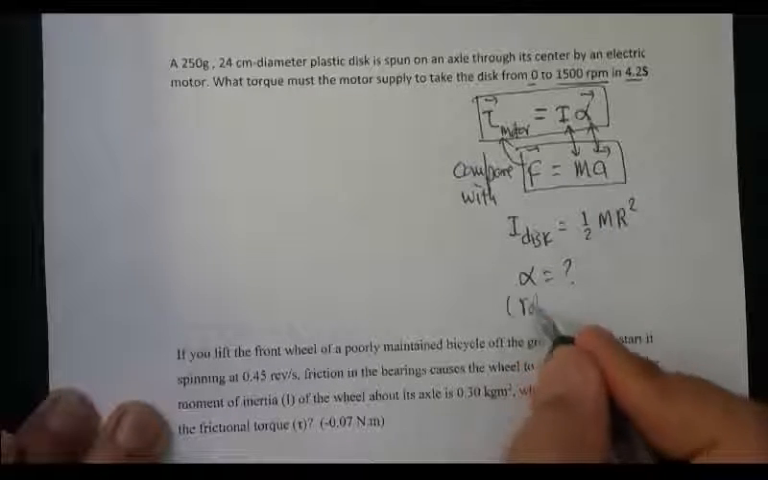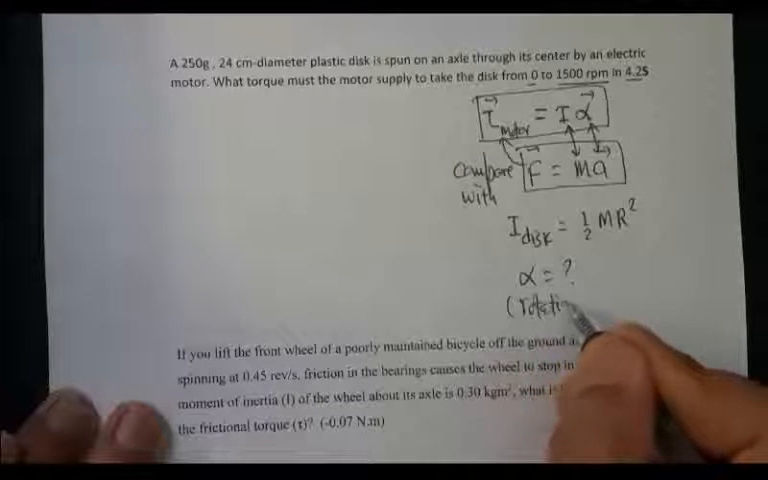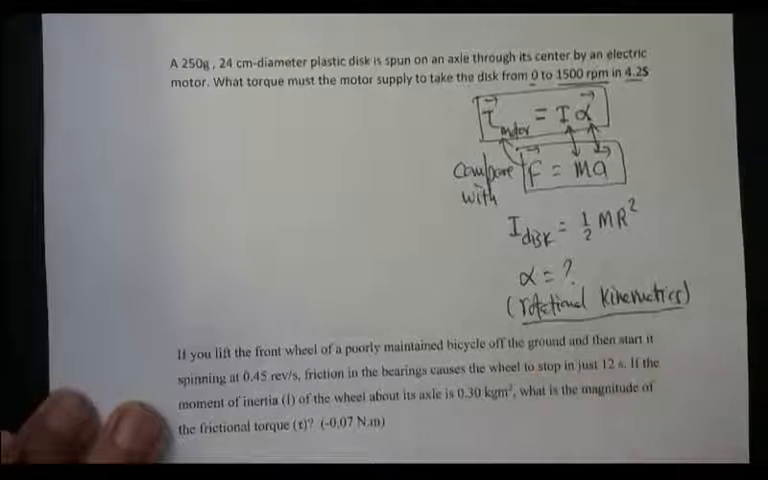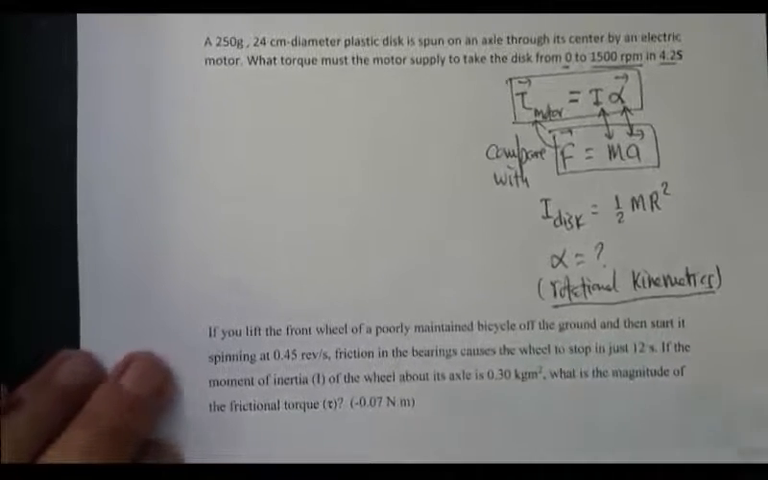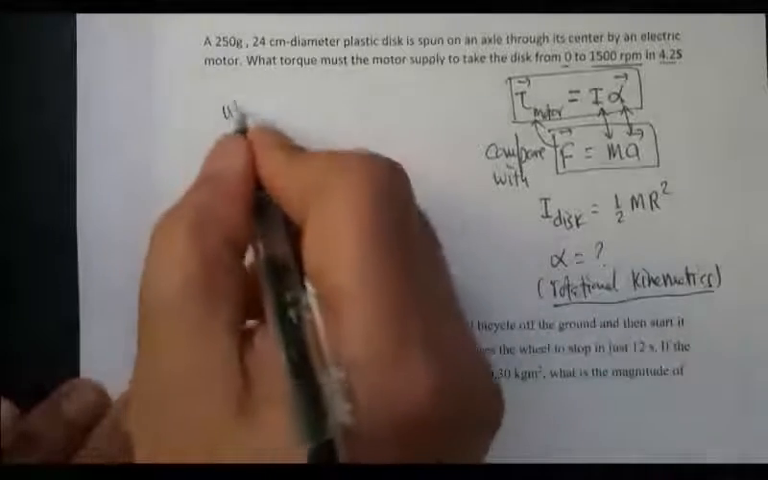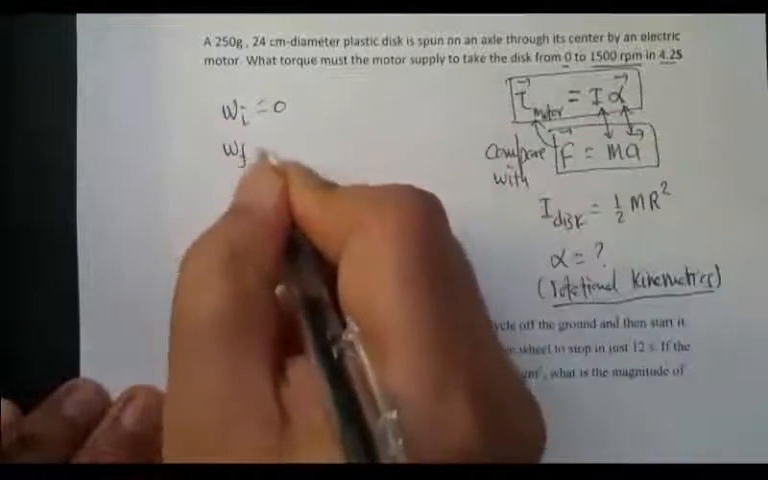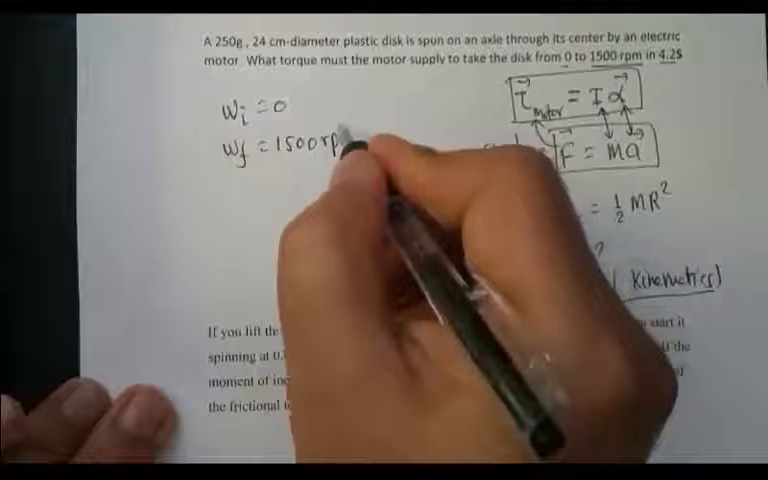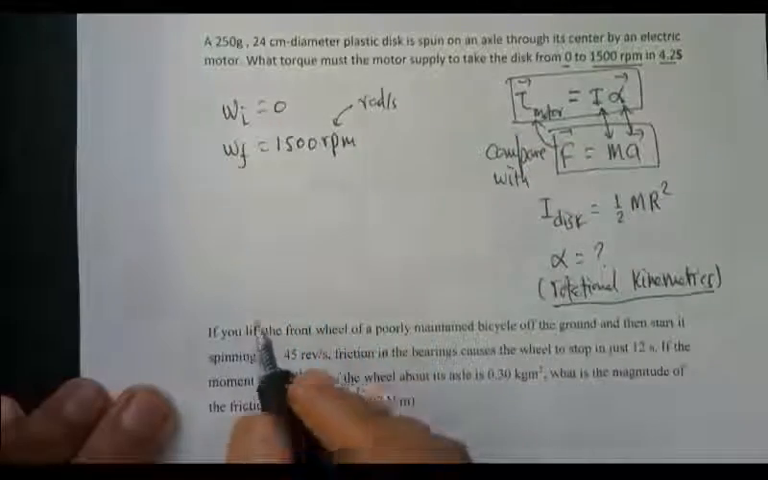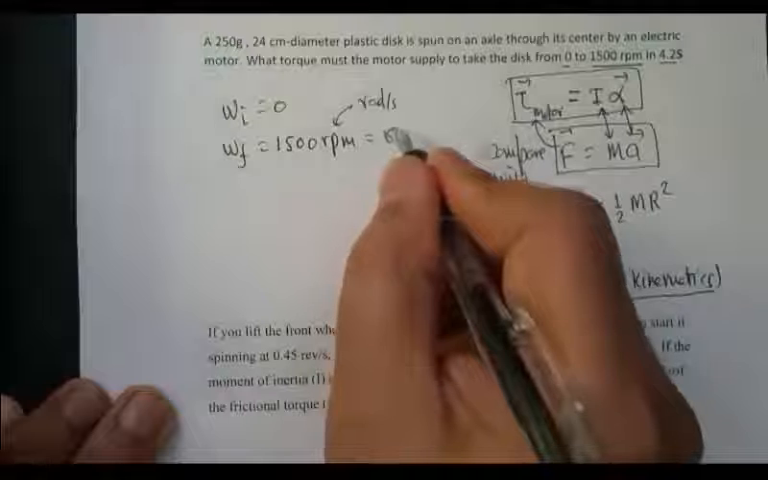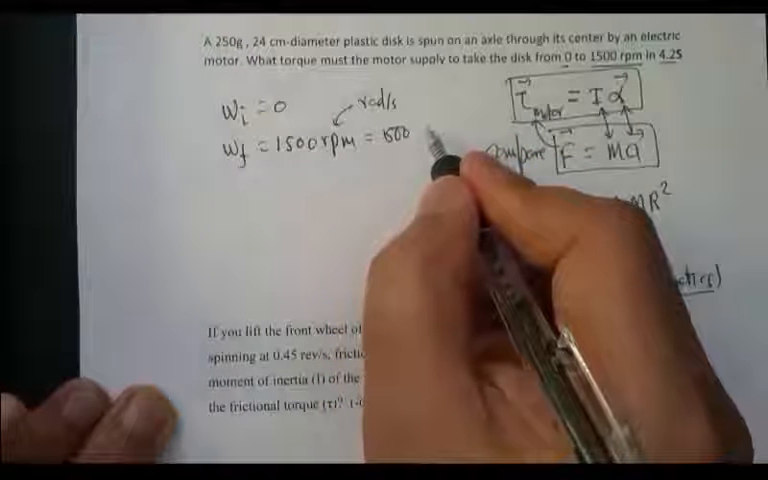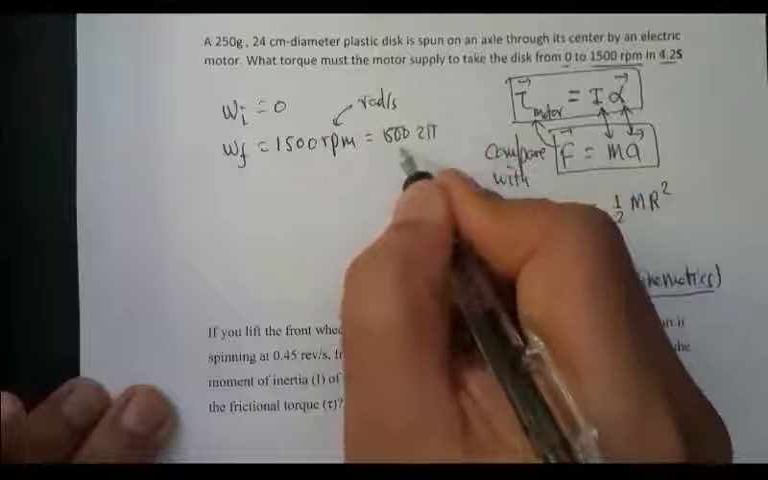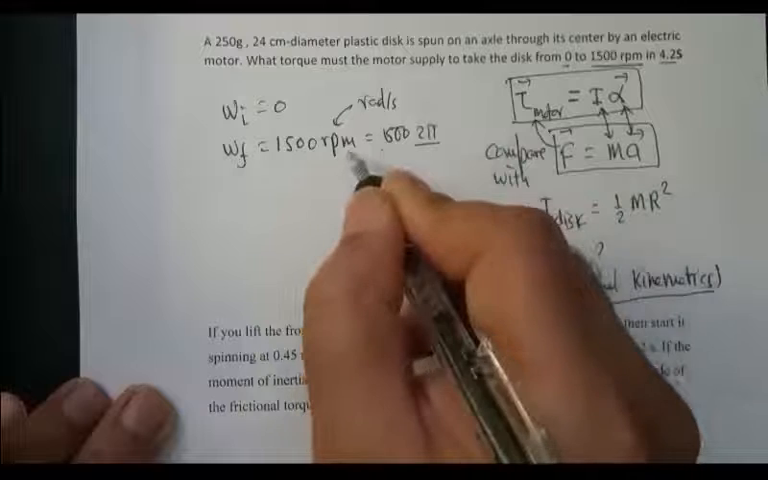For alpha you need rotational kinematics, which we discussed in the very beginning, our first topic, to find alpha first. Remember, your omega initial is 0. Omega final is 1500 rpm. But it's revolutions per minute, so you have to convert into radians per second, the standard unit of omega. So you have to multiply 1500 revolutions per minute by 2 pi radians per revolution,